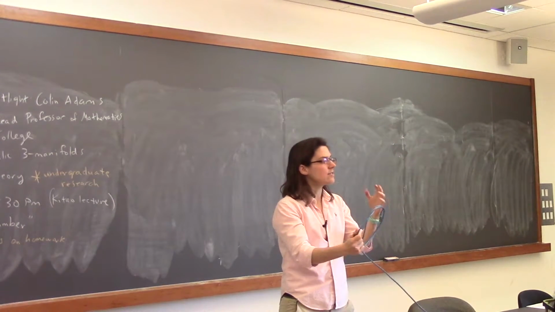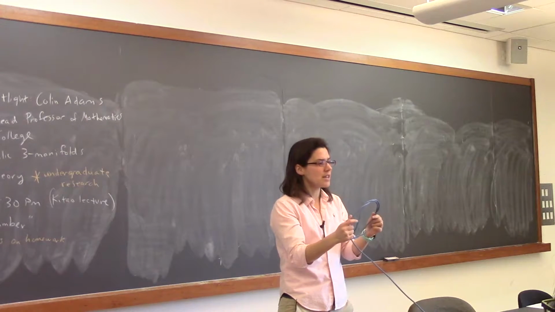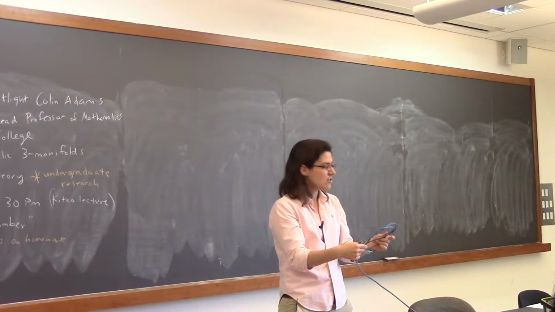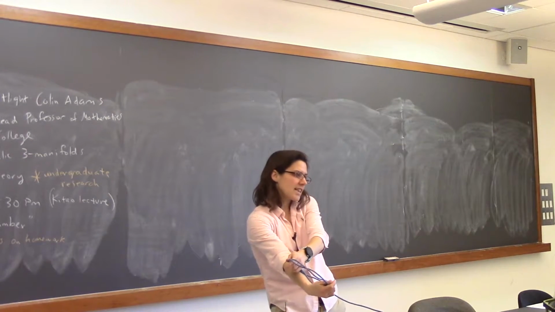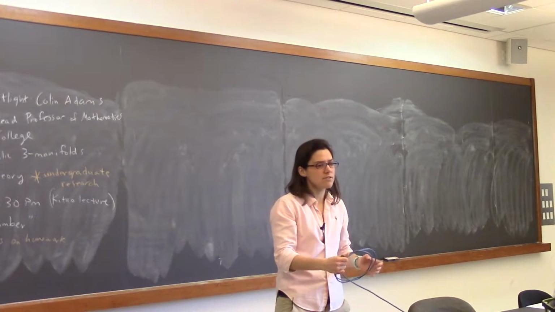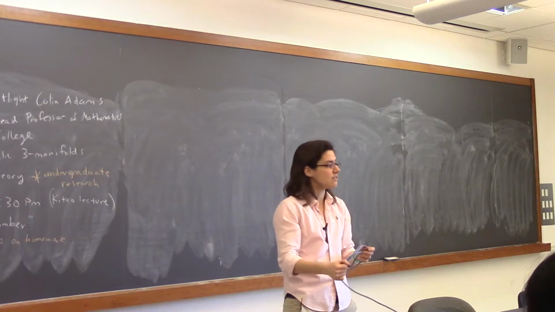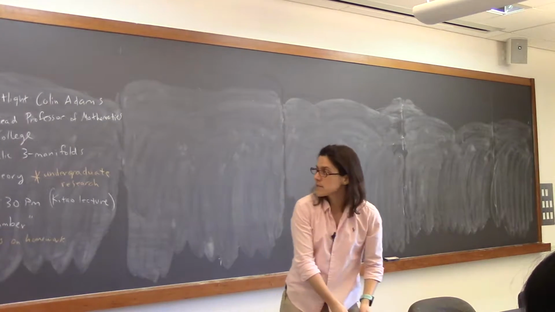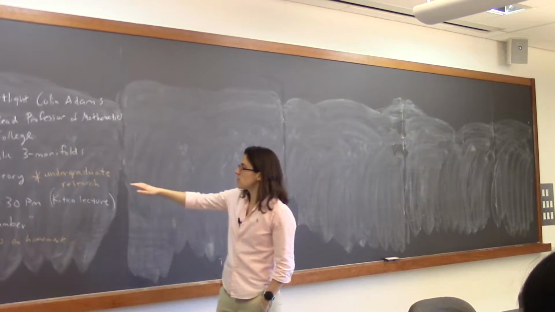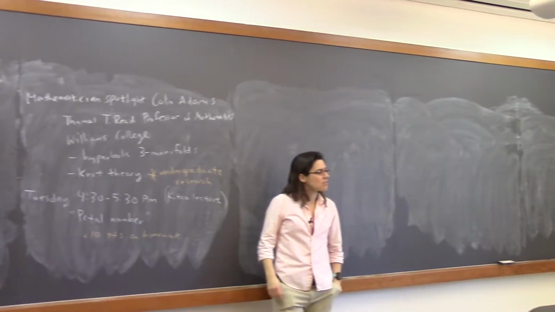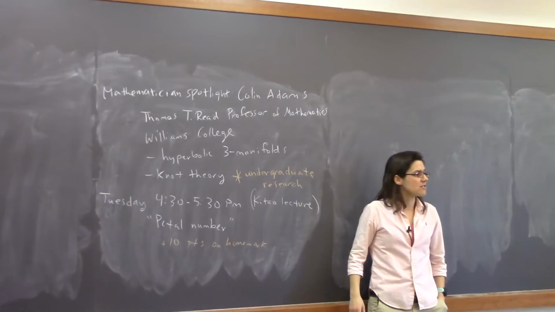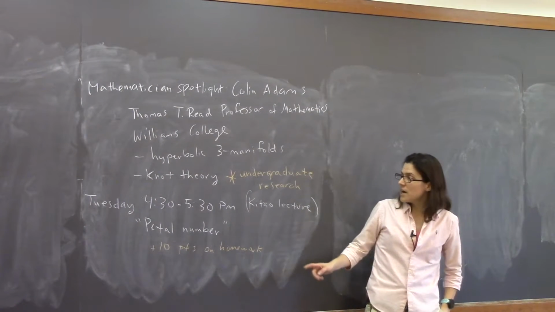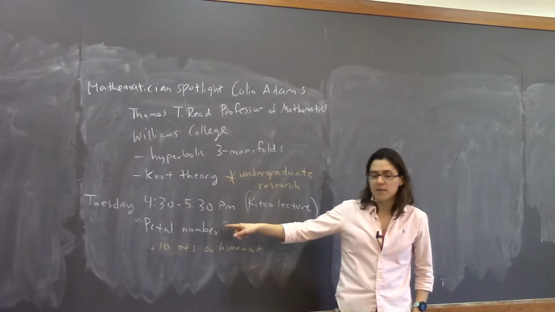So the big question in knot theory is, can you come up with a knot invariant? So that if I have my knot and it looks kind of like this, and he has his knot and it looks kind of like that, we can compare them and tell whether they're different without having to move it in lots of different ways. Colin Adams does research with undergraduates every summer at the small undergraduate research program, which I encourage all of you to do, maybe after your sophomore or junior year of college. And they came up with this new invariant called the petal number.